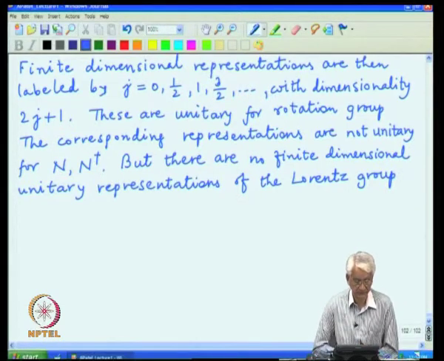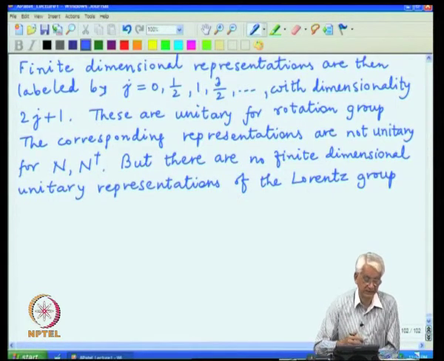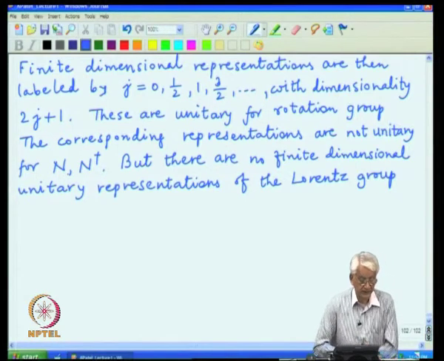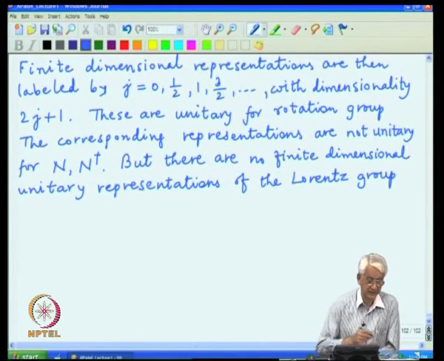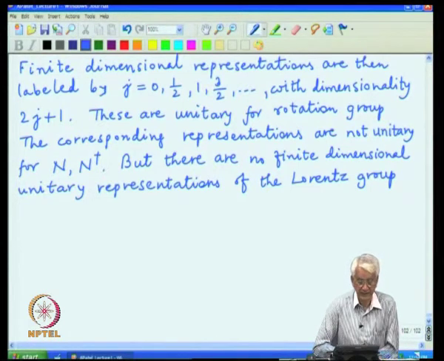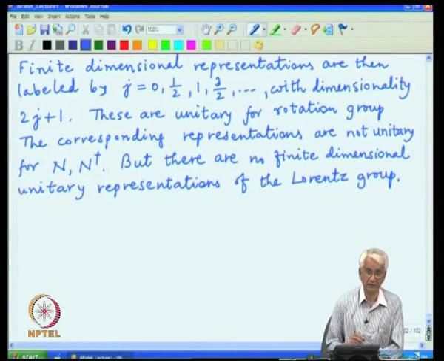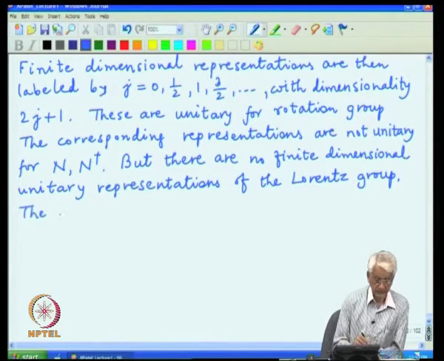This is a peculiarity, but it is a consequence of the Minkowski metric, which we had to follow, and that led to all the signs, and in particular the factors of I in the definitions of N and N-Dagger. We are happy to deal with these non-unitary finite dimensional representations in many situations, and I will quickly summarize them, but before that we can just write down these representations